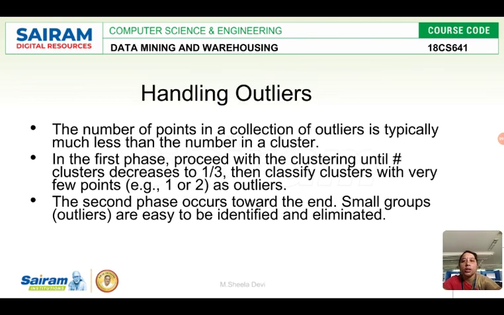So under the scalable clustering algorithms, we have seen two algorithms. One is Birch and the other one is CURE. Birch has 4 phases and CURE has 6 phases, which we have to undergo. These 6 steps reduce the size of the database, apply the clustering, and eliminate the noise. So hope you all have understood. Thank you for watching.